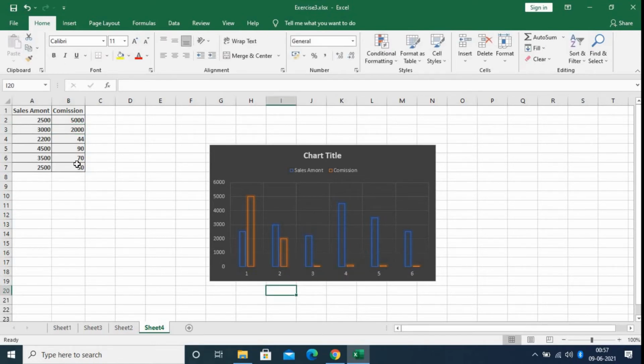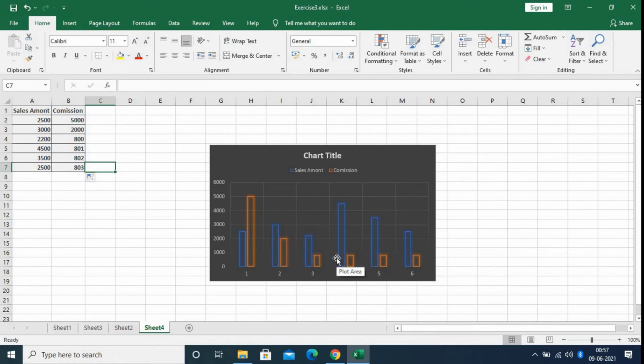Now if you type here some number like 800, 801, you can see the height of the previous commission is increased.